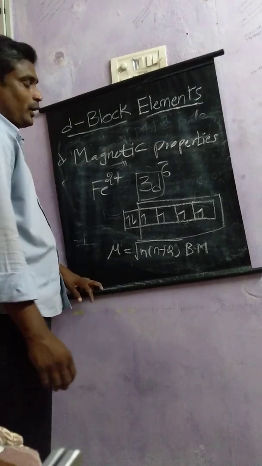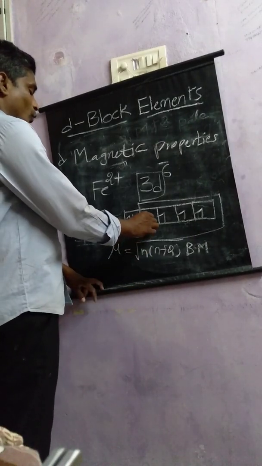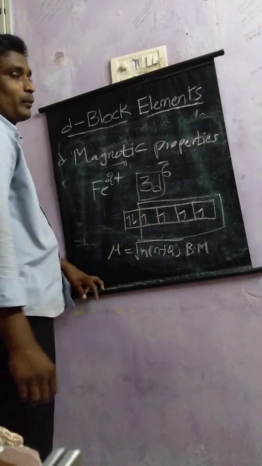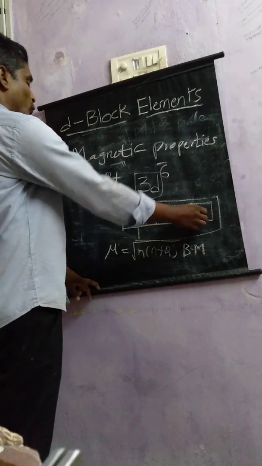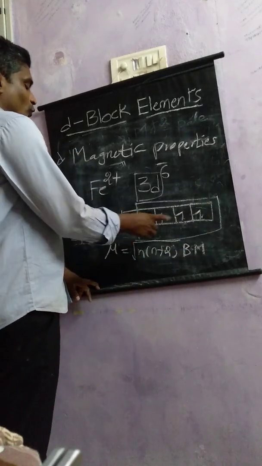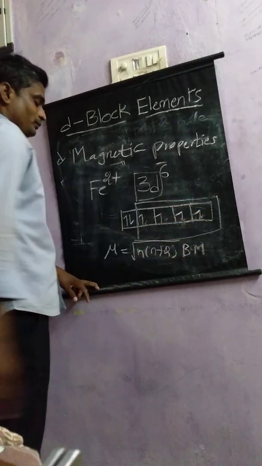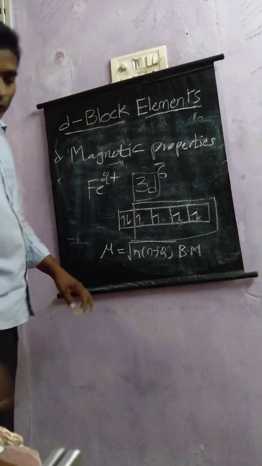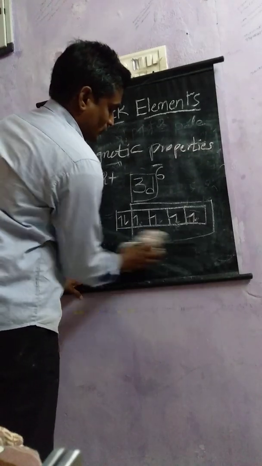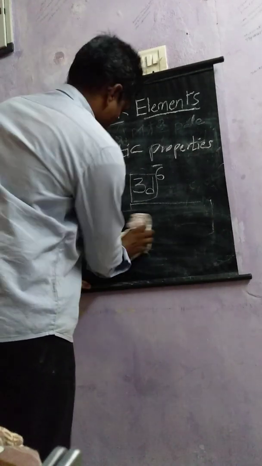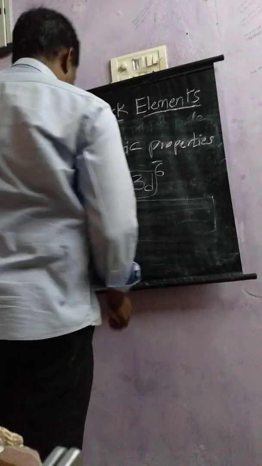How many unpaired electrons? Let us count. 1, 2, 3 and 4. So, coming to the calculation of magnetic moment, that is